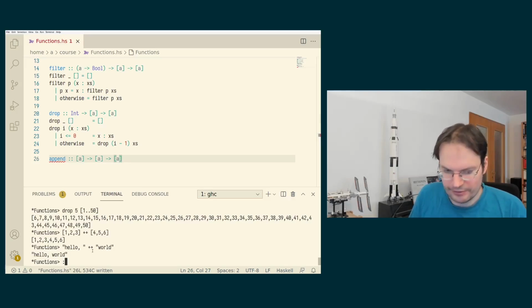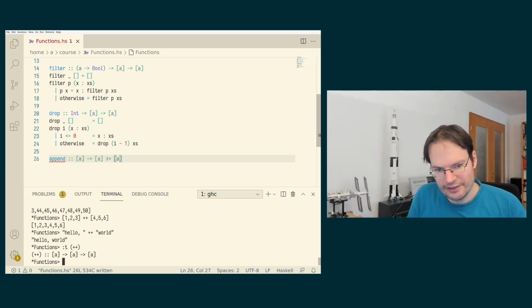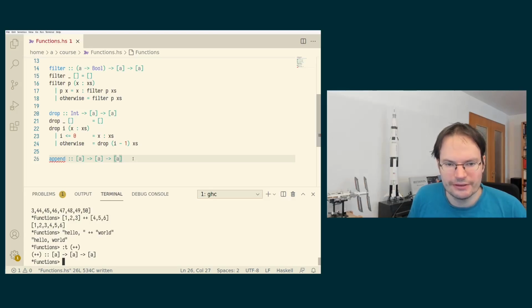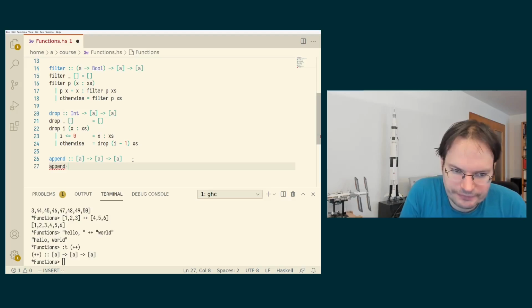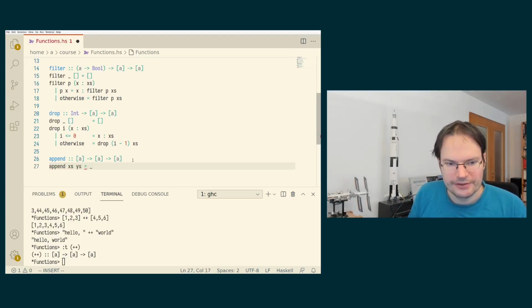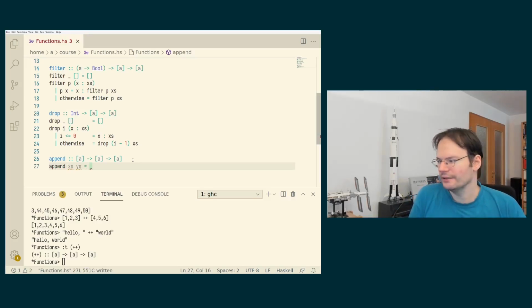So the ++ operator actually has this type list of A to list of A to list of A, right? It needs to take two lists of the same element type, otherwise you couldn't combine them into a single list. And let's try to complete this. So here we now introduce two names for the argument lists. And